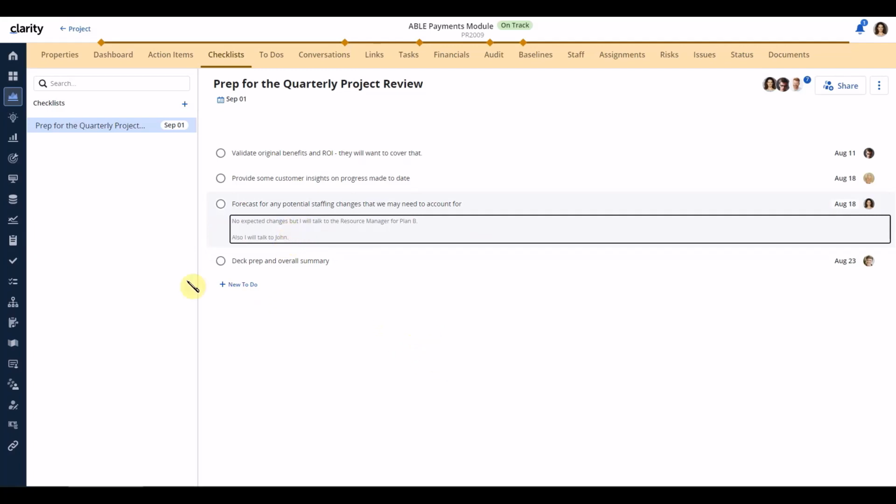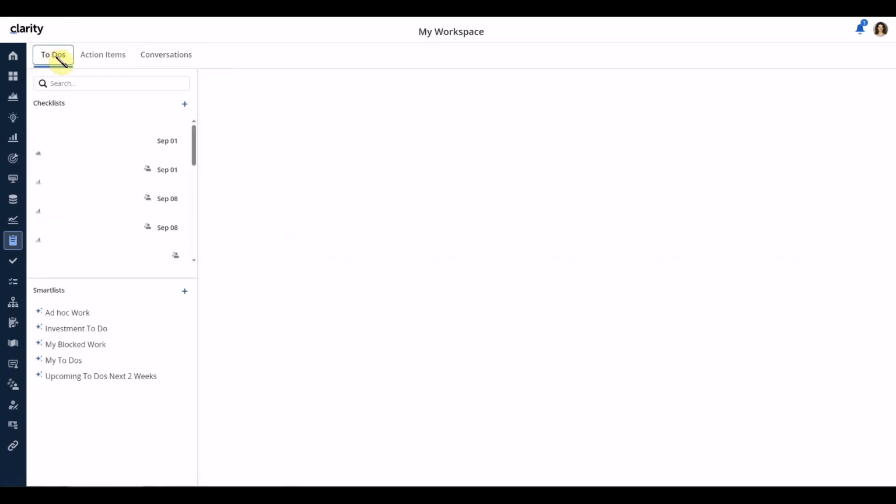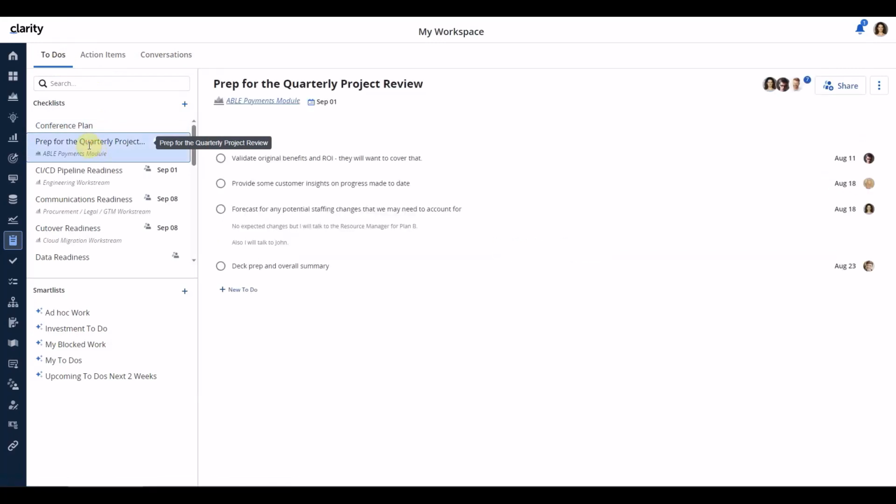All right, the same thing, let's go into My Workspace. And in My Workspace, let's go to the To-Dos section. And if I navigate to the same checklist, you can see the same information, which is the to-do note that I've populated for my checklist to-do.